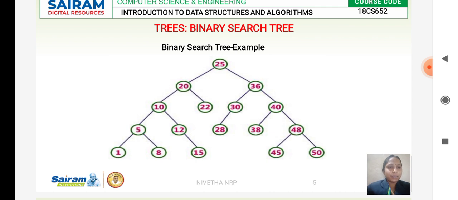this tree is a binary search tree. Now when I want to search for the element 12, what happens? 12 is compared with the root node 25. Yes, 12 is less than 25, so it travels towards the left subtree. It comes to 20. Again it compares 12 with 20. Yes, again 12 is less than 20, so it travels towards 10. When it comes to 10, it compares 10 and 12. 12 is greater than 10, so it travels towards the right. So the element is found.